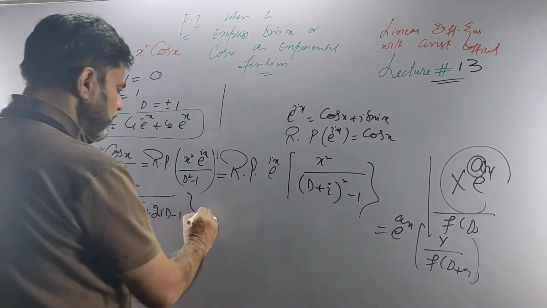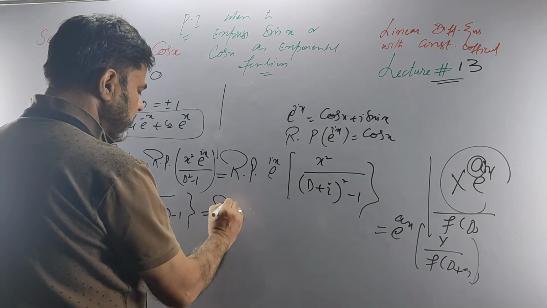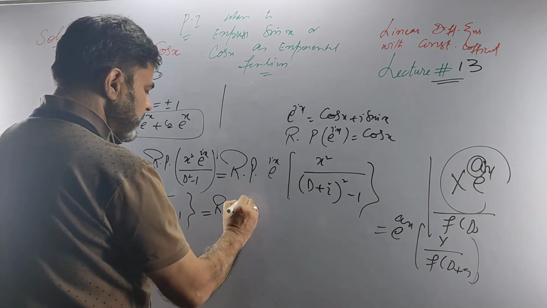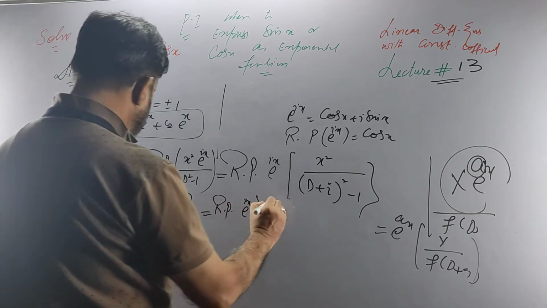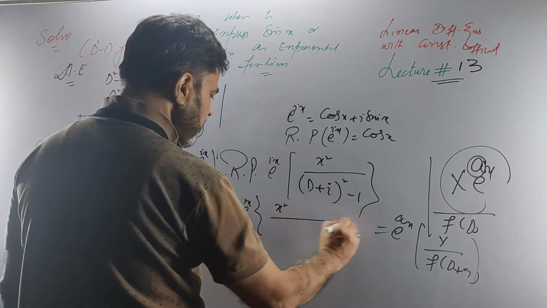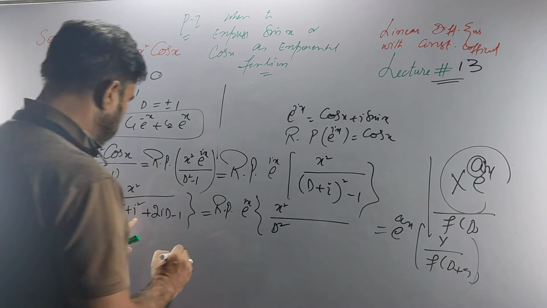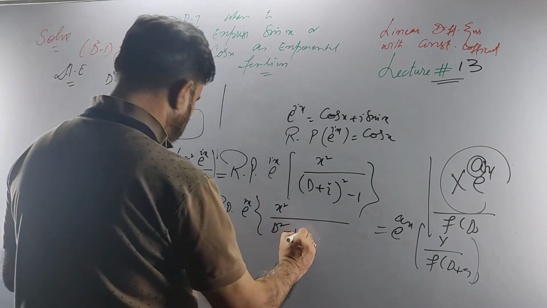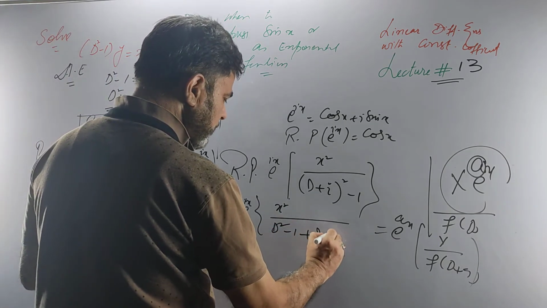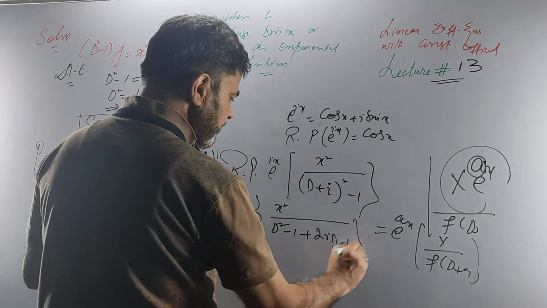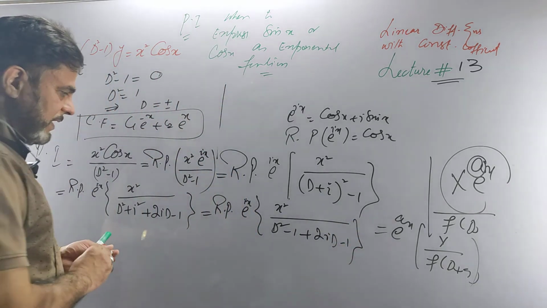This is your real part of e raised power iota x. This is x square by D square, then iota square is minus 1, plus 2 iota D minus 1. This we can write